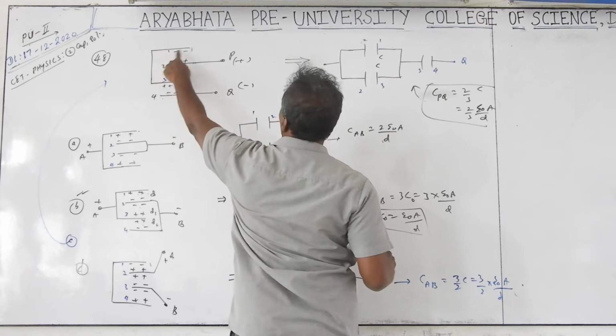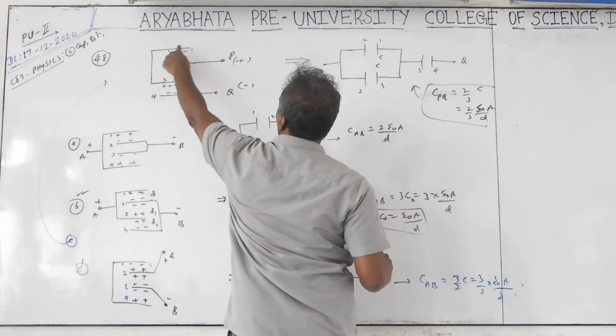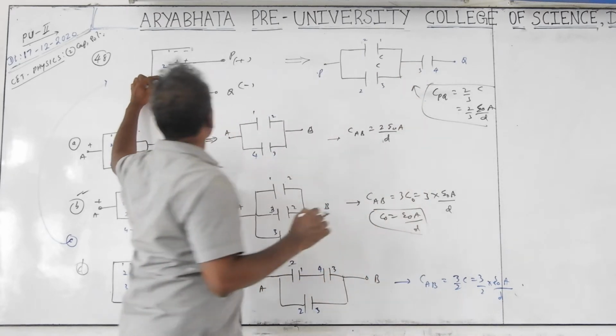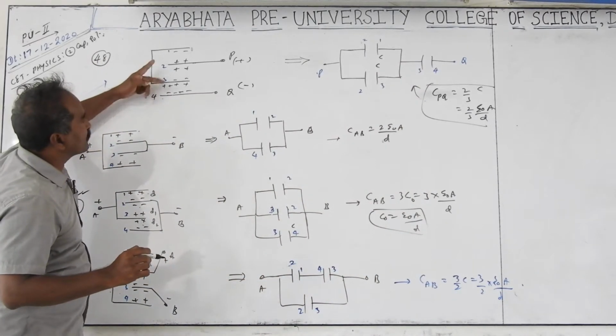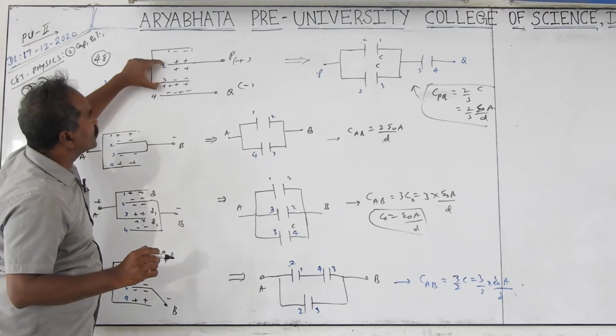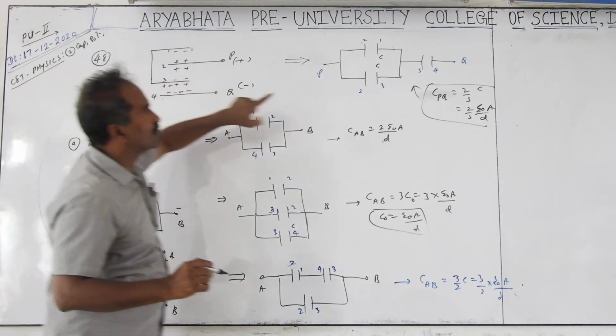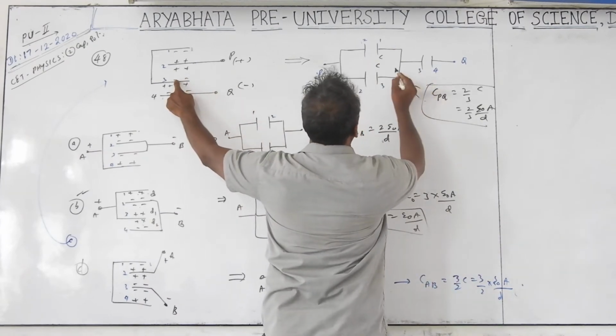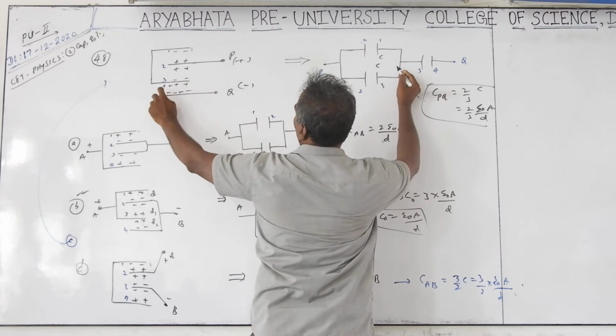And one is coming here, but these are neutral cases, not connected to the battery side. So this is not connected to the battery side. But from there, induced, this same plate 3 acts as two-sided plates. One is between 2, another one is between 4. So same, this plate 3, the third one is acting opposite to 4.